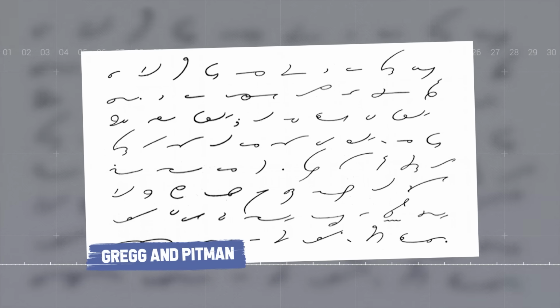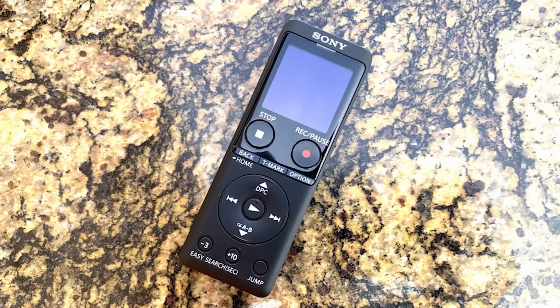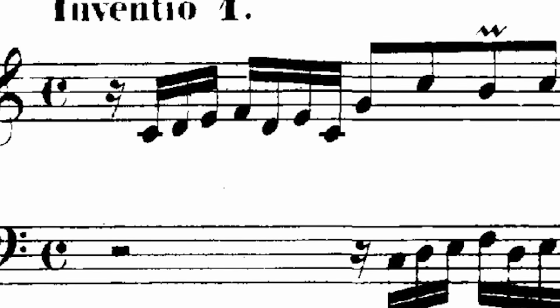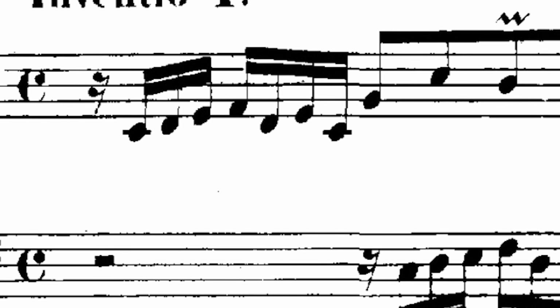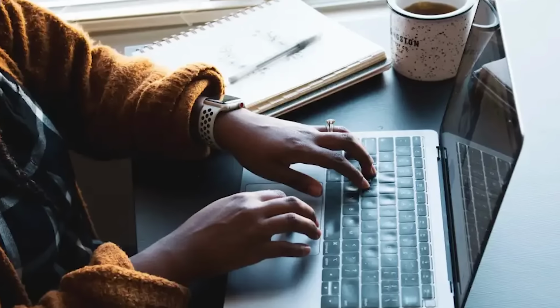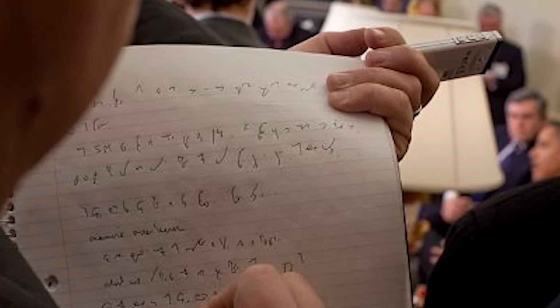Gregg and Pitman. Gregg and Pitman's shorthand were once essential for secretaries and reporters to quickly jot down notes. But with today's voice recorders and keyboards, shorthand has become nearly forgotten. Some people can still read those squiggly notes, but it's more of a rare skill now. Shorthand became obsolete as technology made writing and recording faster and easier, leaving it behind as a part of history,